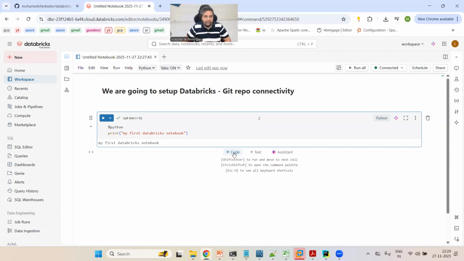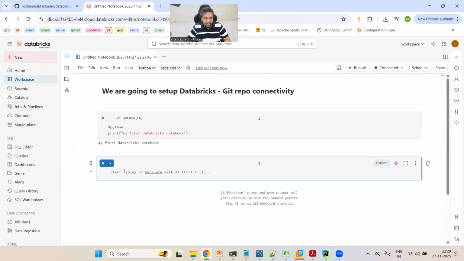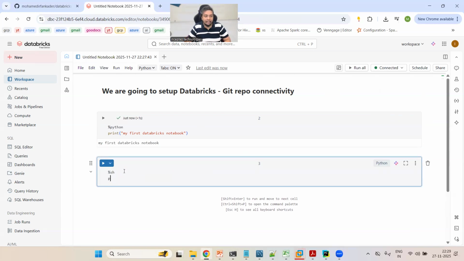Hadoop, in the sense of the Databricks file system commands, DBFS commands. Like this, you can run any such kind of program. So I can run an SH command, something like